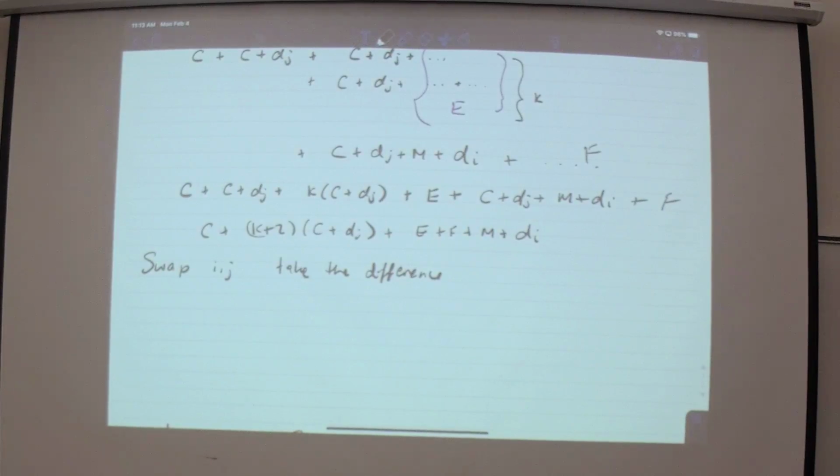Let's see, we know that it's optimal, so any swap should increase the cost. So let's say new minus old. Okay. So if you take the difference of new minus old, all the constant terms are going to go away, which is why it didn't matter. And what you're going to be left with is going to be,